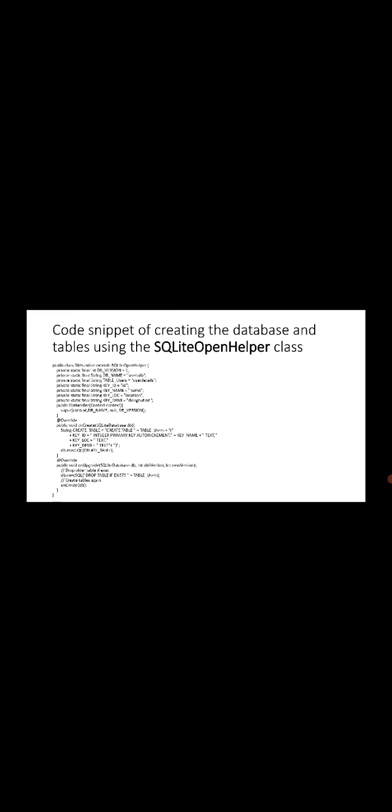And the last method is is closed, it checks whether a cursor is closed and returns false otherwise. This is a code for creating the database and tables using the SQLite Open Helper class.